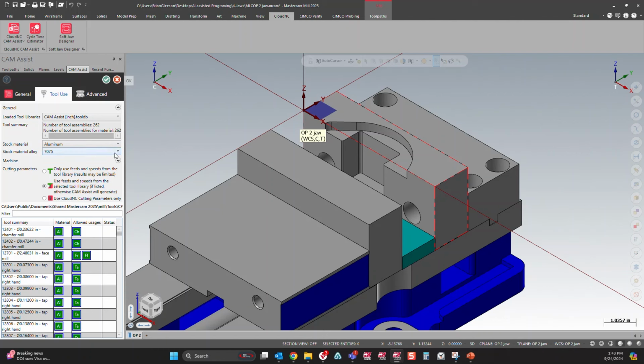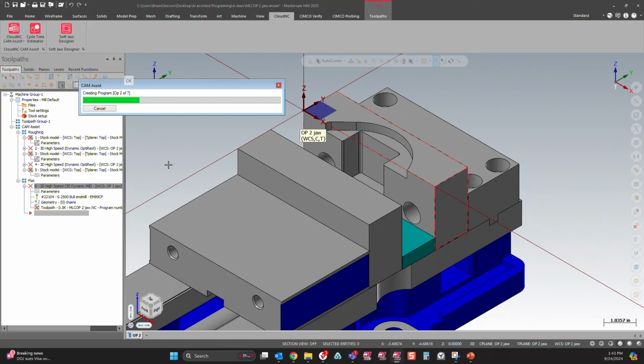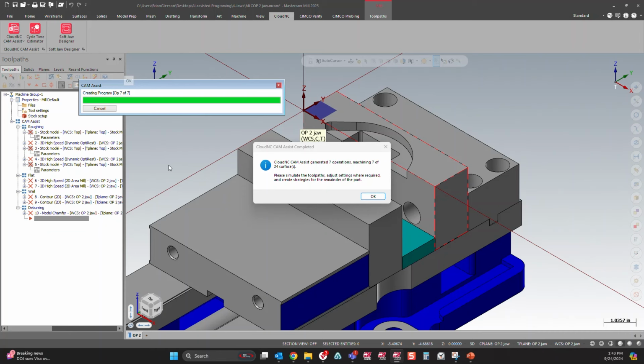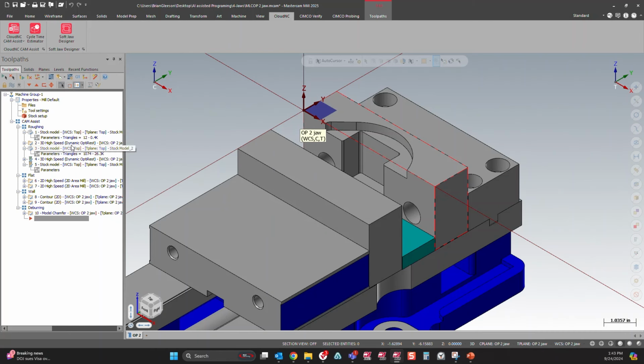So basically all the same settings I had. I'll go ahead and let that run process and see what we end up with. Again, able to run a couple sessions, get everything done. Basically, it looks like I have 3 programmers running at the same time right now. So it's going to tell me if we checked some of the holders, trimmed out some of the toolpath. So we'll have our stock model, our first roughing, stock model, and then it'll do a nice little progression, just like I would program